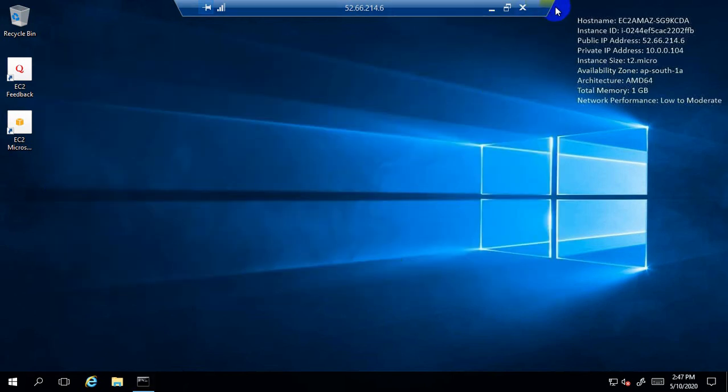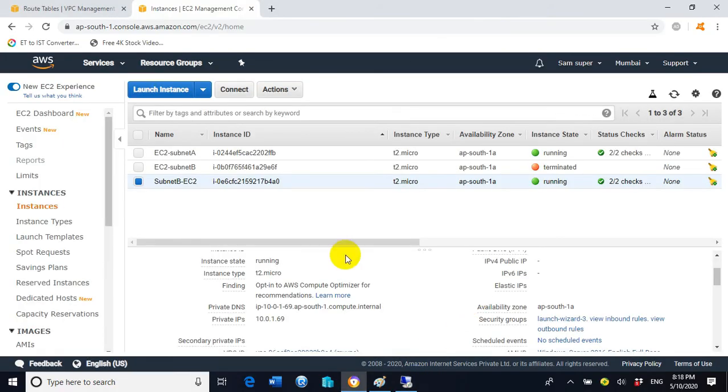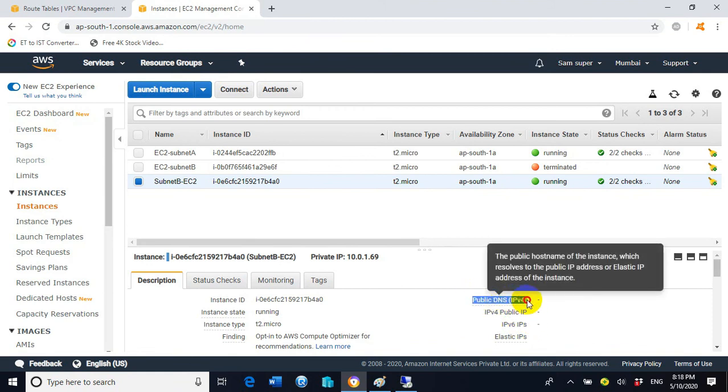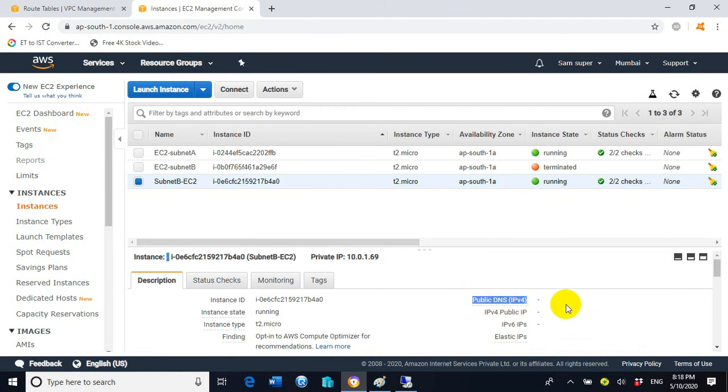So now what we need to do is take an RDP connection of the EC2 instance located inside the subnet B, right? For the subnet B EC2 instance, we cannot take a direct RDP connection from the public network or the internet, because we don't have a public IP address. So that's why we cannot take the RDP connection for accessing the subnet B EC2 instance, right?